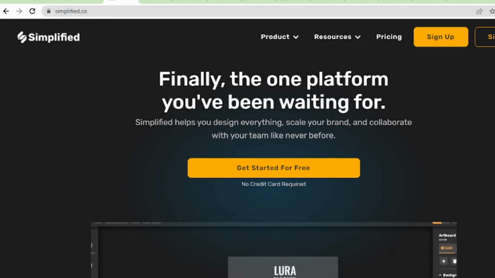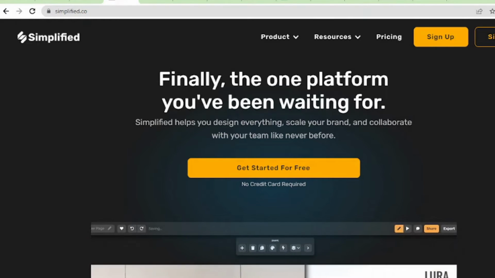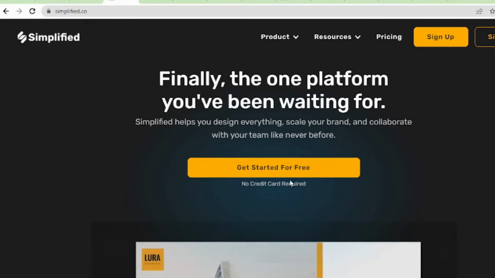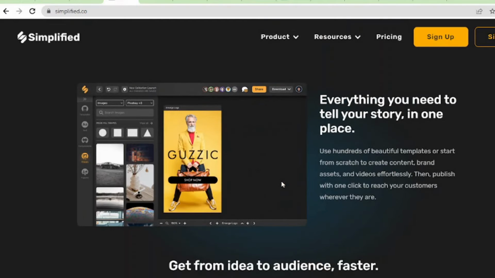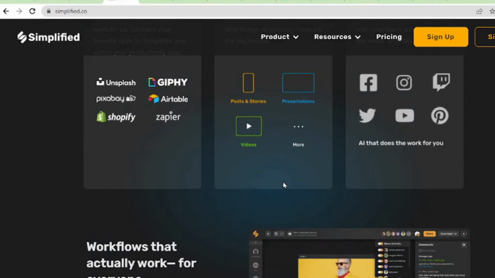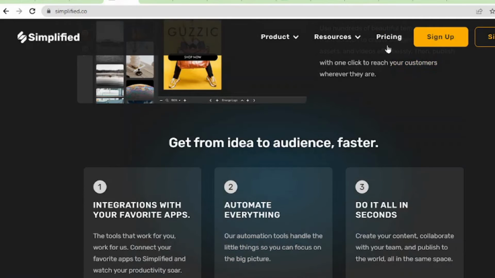Next is simplified.co, and this one, like RYTR, has a free plan whereby you don't even need to input your credit card. Now this is like Canva, but it has a copywriting tool built in, and you can sign up for 100% free. Now there is a paid plan if you want to upgrade,